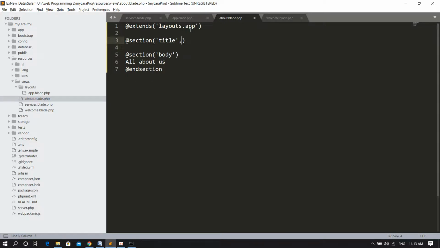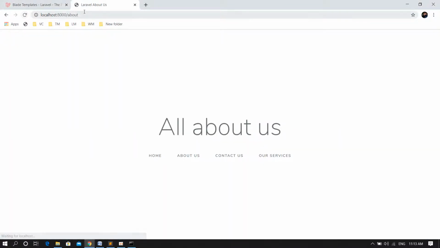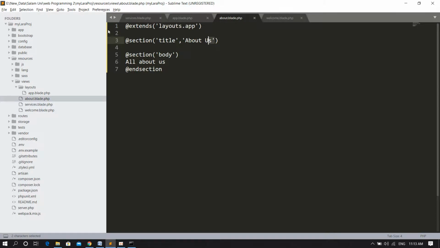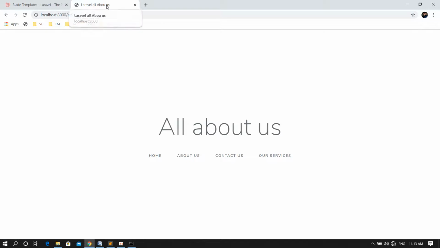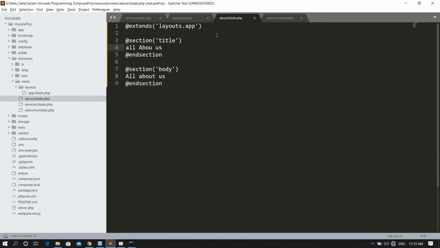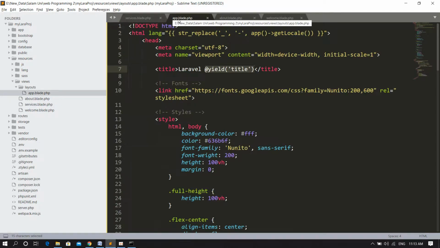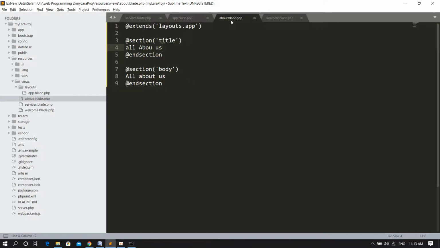If we want to provide it here, I can create the second value, that is about us. Just save and refresh. Now you will see Laravel about us. Or if you want, you can do it another way: start the section and close the section directive, for example end section, and here you can say all about us. Save and refresh and you will see the same. Correct. This way you can create a master layout file and extend that layout file in all pages, so that you avoid code duplication and your pages stay clean. Now you just see in the welcome page we have 3-4